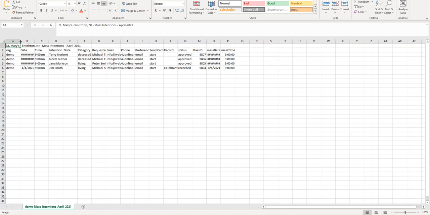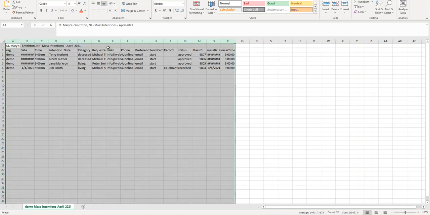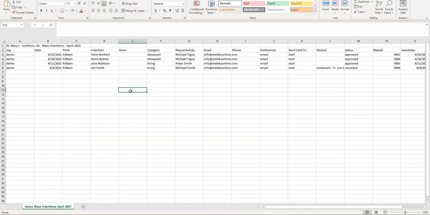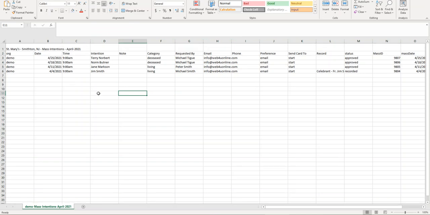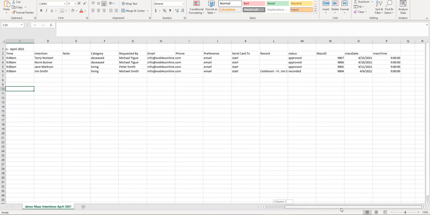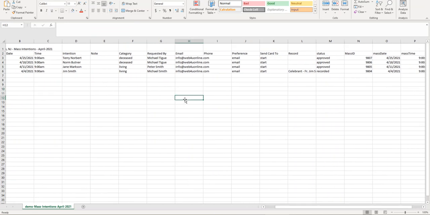Okay, here's the file that was exported. So it's a nice CSV file with all the fields. I've opened it up here in Excel to take a look at it, and we have the church name and the month up here, and then we have our different columns. And you see all the information is here. So this is one way that you can save this information. We have only recorded one, remember, and so there's the record, but as others get recorded, the record would appear down there. Alright, we'll go back and look at the other ways to view the data.